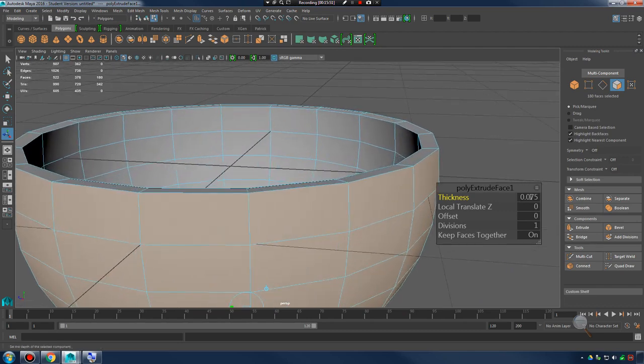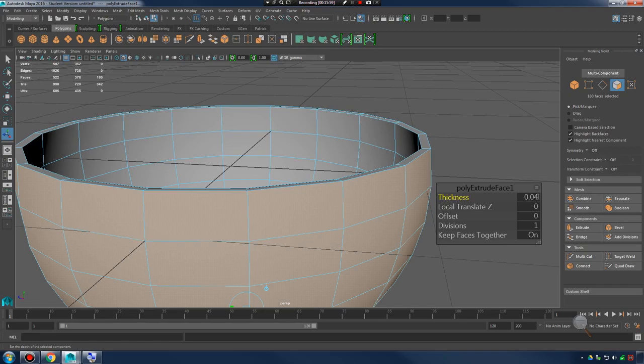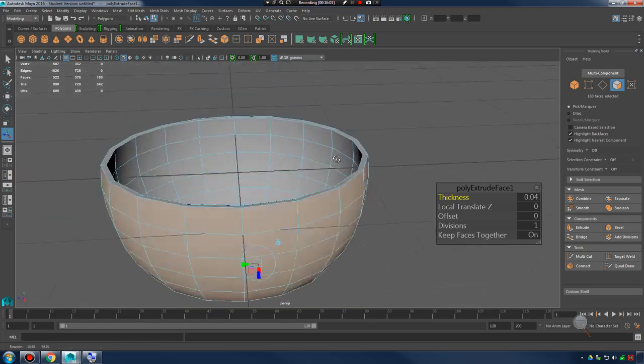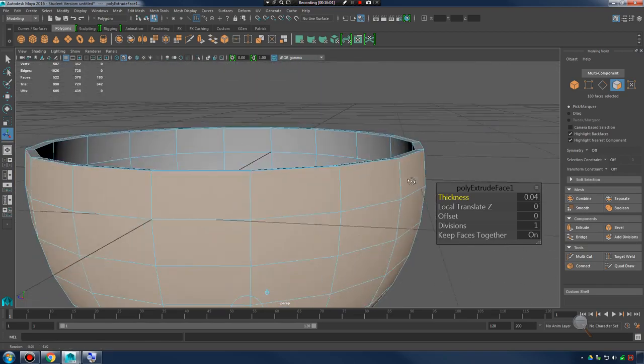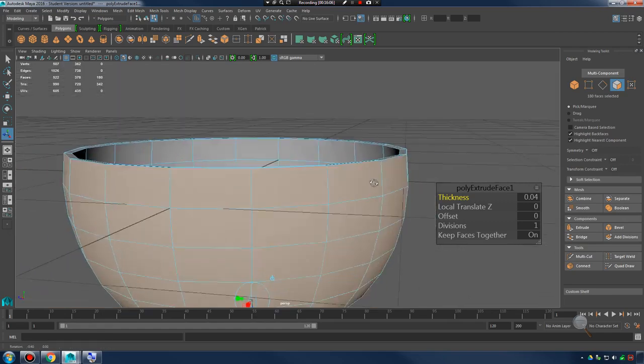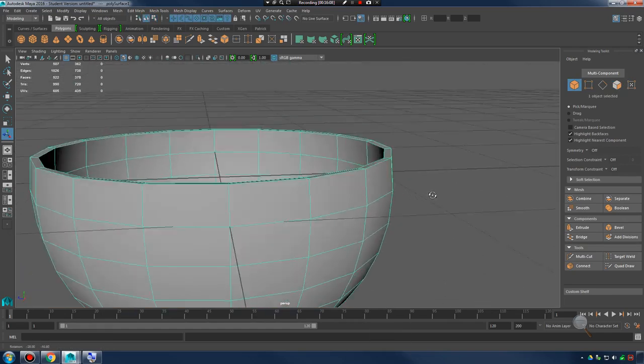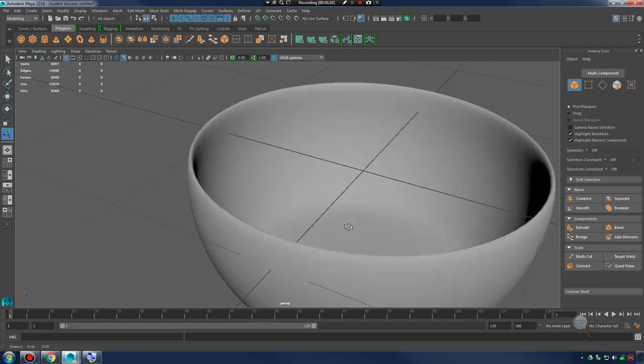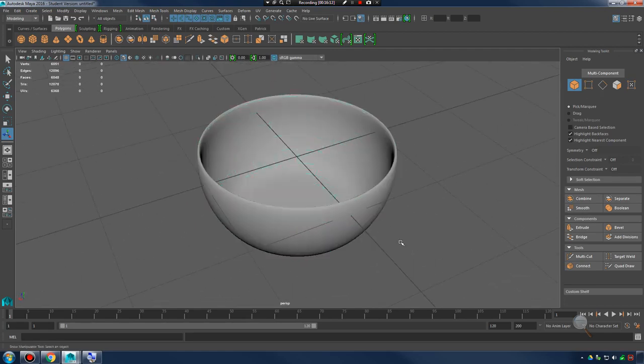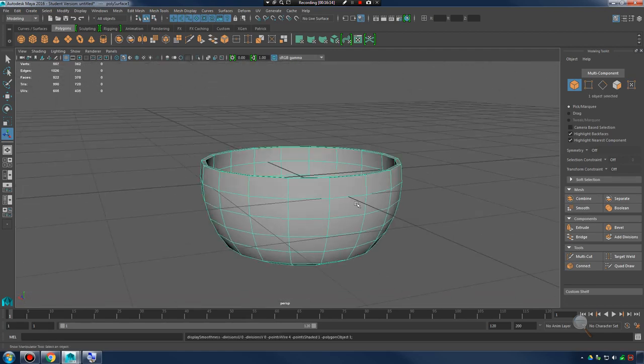There we go. So you can type in your own values here to get more of the thickness that you want. Maybe 0.06. I don't know, maybe 0.04. I'll go with 0.04. I like that. So now I have thickness on my cup. I hit 3 on my keyboard, and we're looking at a pretty nice bowl here, but we're trying to make